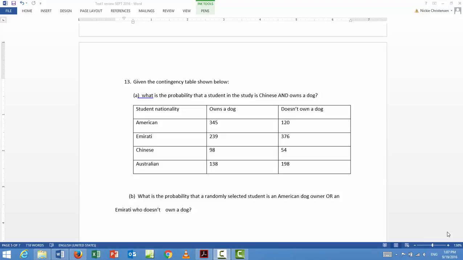Okay, now we're on to question 13, which is a contingency table. The contingency table has students categorized by their nationality and whether they own a dog or not. So the first question asks us, what's the probability that a student in the study is Chinese and owns a dog? So it's asking probability Chinese